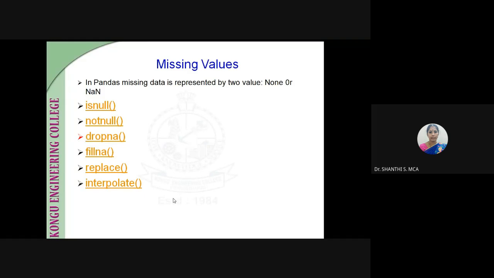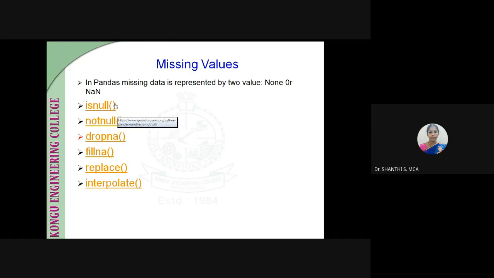These are the different functions used to check whether our data has a null value. The first ones are isnull and notnull, used to check whether our data set has a null value. If it has a null value, it will return True.